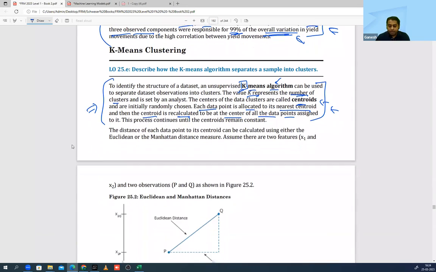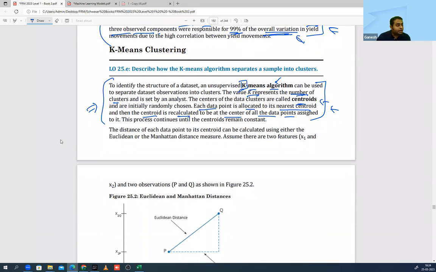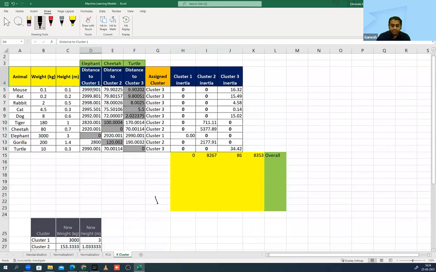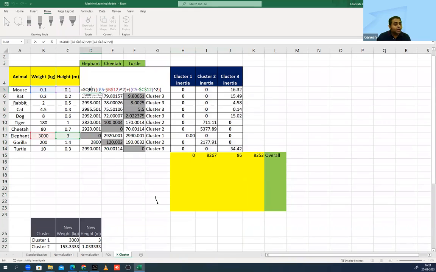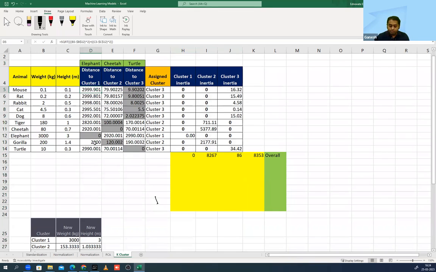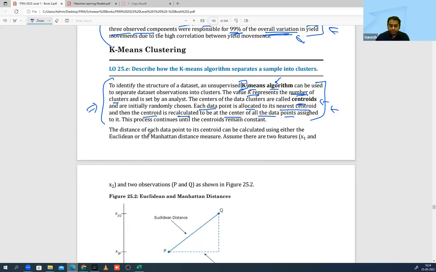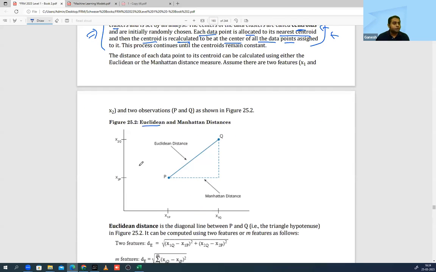Now, when we calculated, what was the approach that I did? If I go to this example, can you check this calculation approach? Square root of something, something. This is coming from the approach which is given in the book also. There are two approaches, Euclidean and Manhattan. Both are given, and you can use either approach. I have used the first approach.